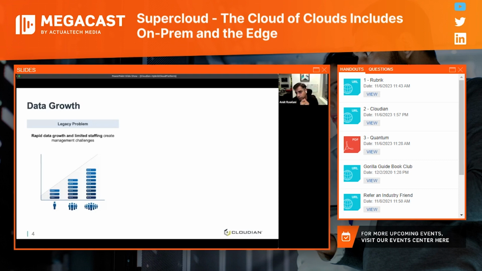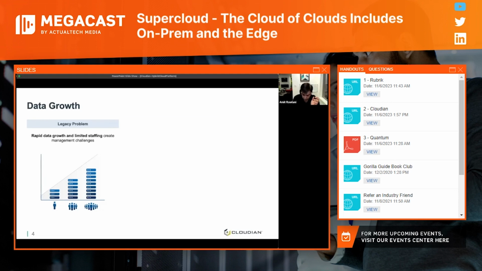The number of systems rise, more software layers are required. You may have things in the private cloud, you may have things in the public cloud. The result is increased infrastructure, increased management of different infrastructure assets that you have, and increased management cost. And even if you have the budget to get more cloud storage, to hire more staff, the need to get more skilled employees to manage all of these is extremely hard to find.